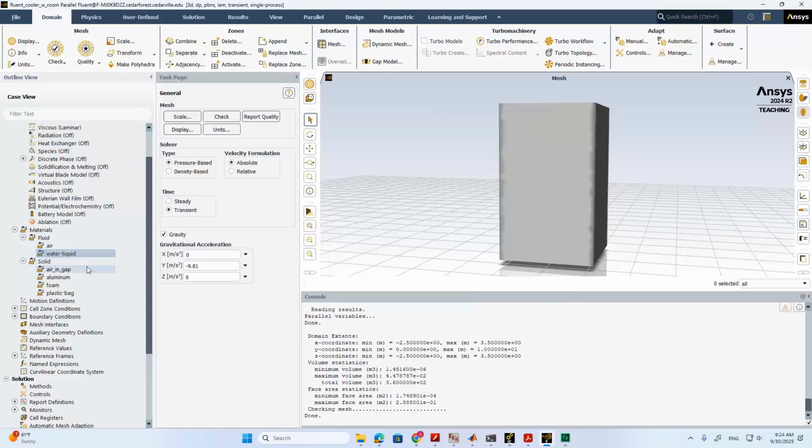Similarly, you want to add a few more materials into this solid type. The default solid material is aluminum. You don't need to change that. Indeed, we have an aluminum container inside. We need that, but we also need the material for the insulation layer. I call it foam, and the water is in a plastic bag. So I add another material called plastic bag, and there are some gaps in between